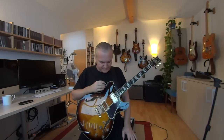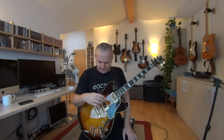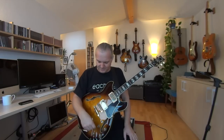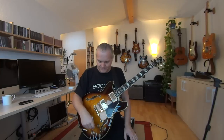Some build differences like a different pick guard. It's a thicker pick guard and it has a binding. The knobs I think are much better on this one because the scale is easier to read, you know? These simple things, it's so much easier to work with an instrument when you can read the scale. So I don't know what Ibanez thought about changing this, anyway,